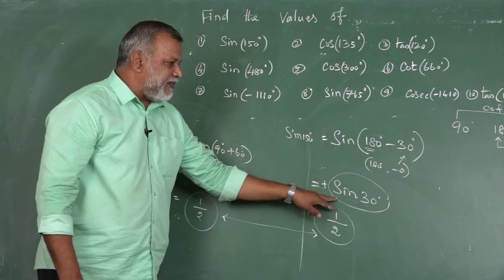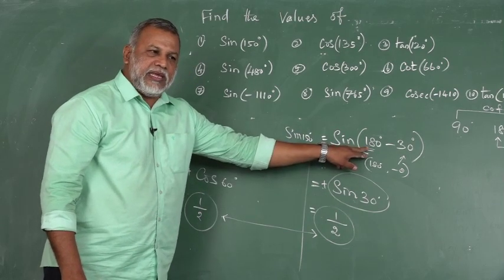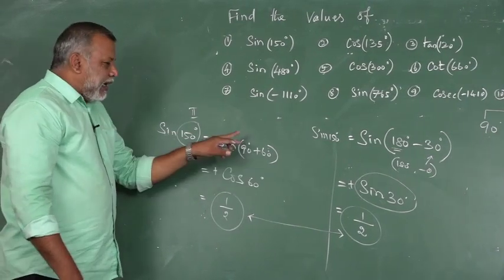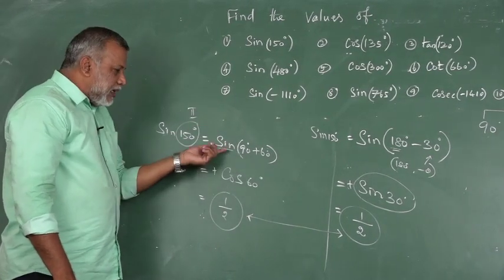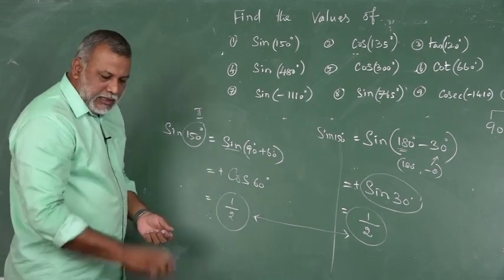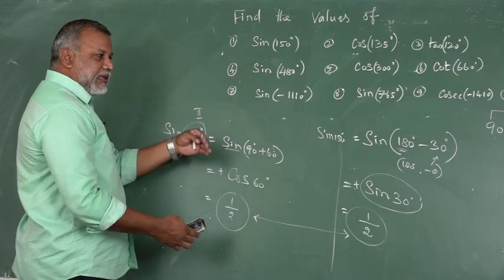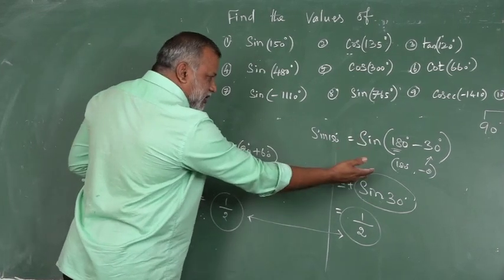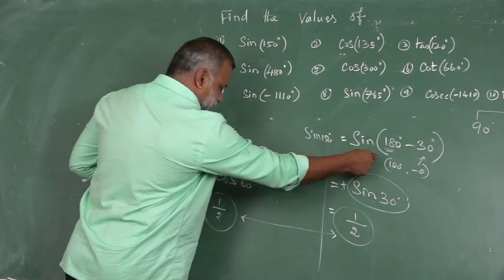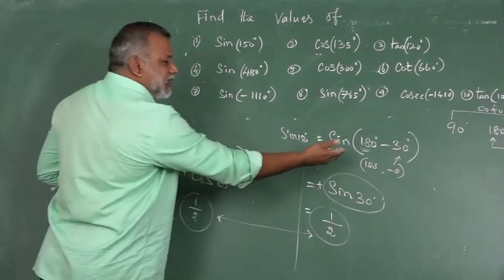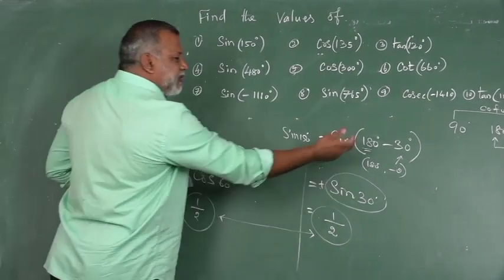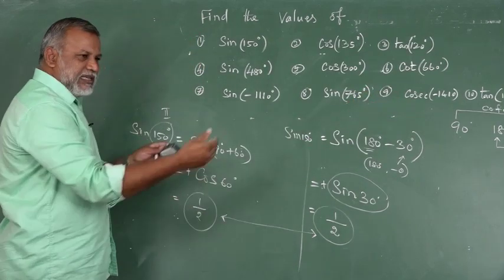Here apply the same function. The reason is 180, consider 180 as even. Here think about 90 plus 60. 90, think about odd number. So apply cofunction. In any way, you can get the same result. So take down the ideas clearly. This is your wish. You can split in any one of the ways. But this is the best method. Why is it the best method? 180 means apply the same function. If you are able to split in the form of 180 and 360, it is very convenient.